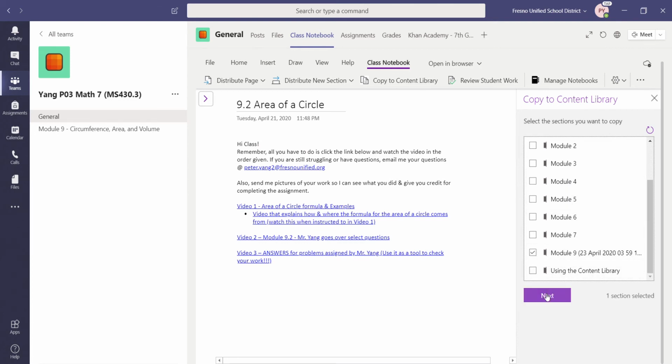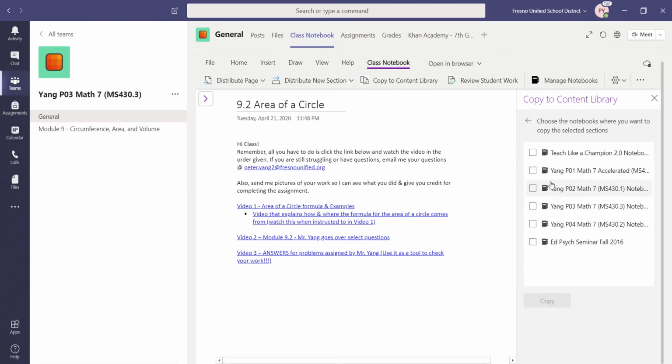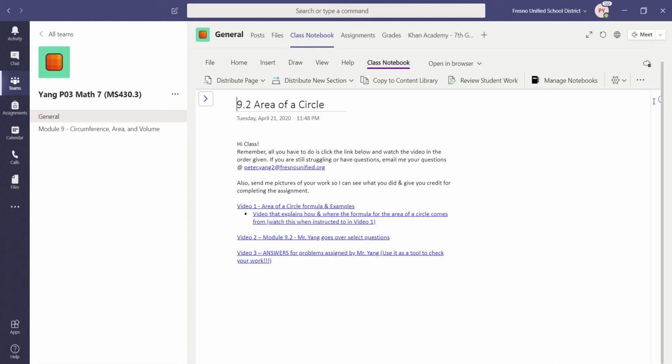And then it'll say, well, which period do you want to copy? So then I'll just post it into the other periods, period 1, 2, and 4. And once you select them, you click copy, it will copy it over, and so I don't have to keep repeating this process for each class. That's what I like about this. What I don't like about this is,